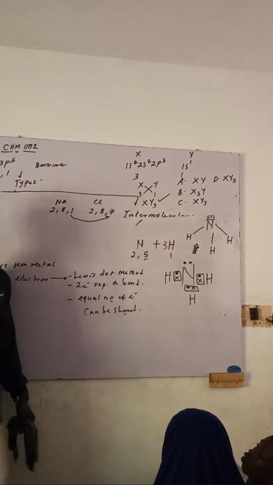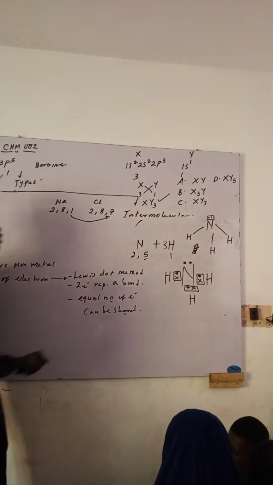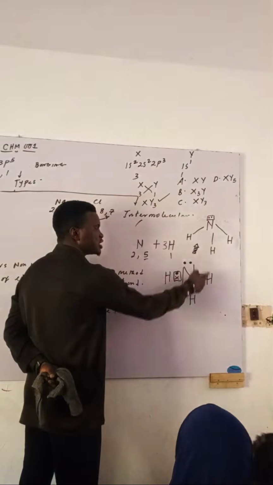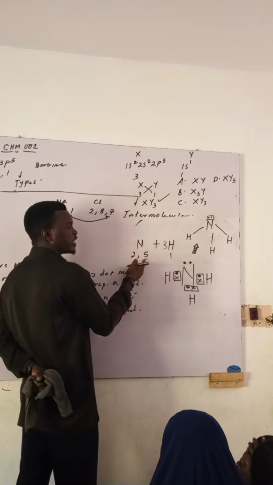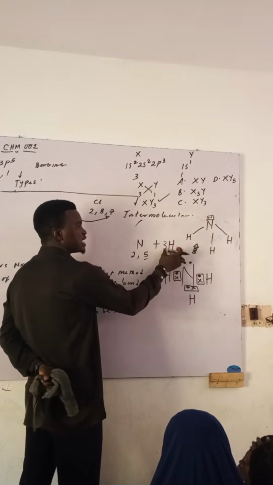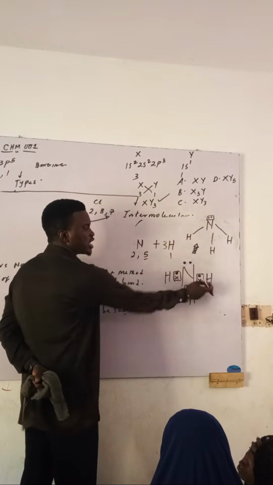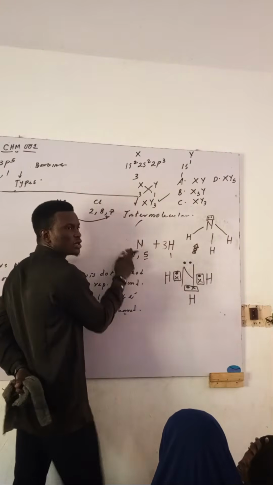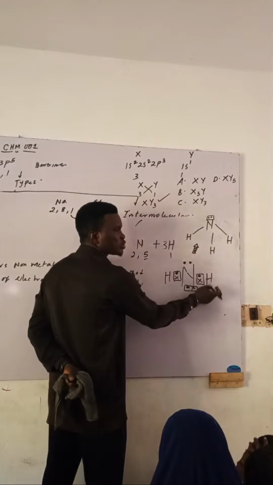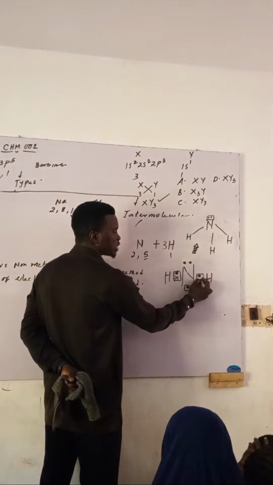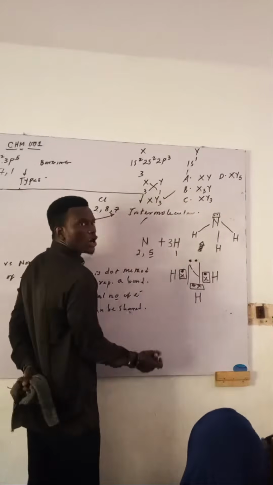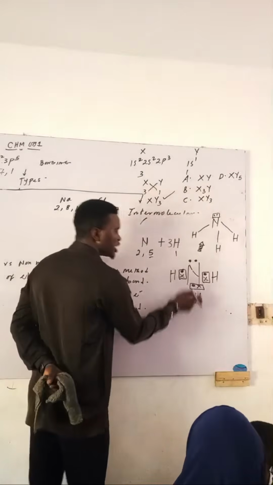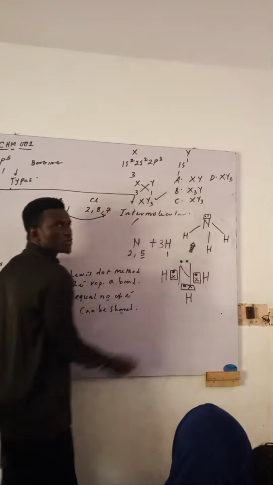So that is called the Lewis dot method. You put this nitrogen, put all the valence electrons, which are 5. Then the elements you want to join, start pairing them up. This hydrogen has 1, so definitely it will also get 1. So this will donate 1, this also donates 1, and that's what we are seeing here. I hope you are following. This will donate 1, this will also donate 1.